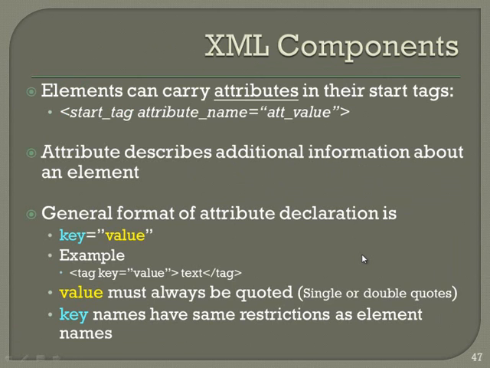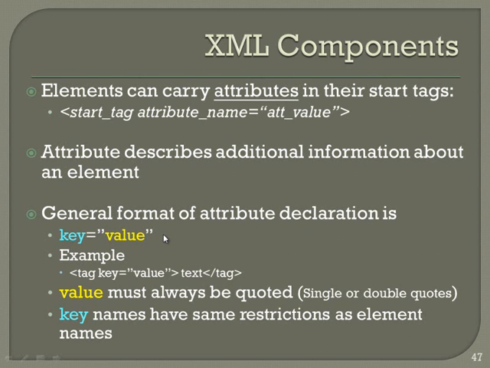Okay. Let's look at the next one, that is the attribute. Now attribute is used to describe some property of the data that you are representing. The attributes are represented in the form of key value, and a very important thing, the value regardless of the type must always be placed inside quotes. Either you can use single quotes or double quotes. All the values must be placed in single or double quotes.